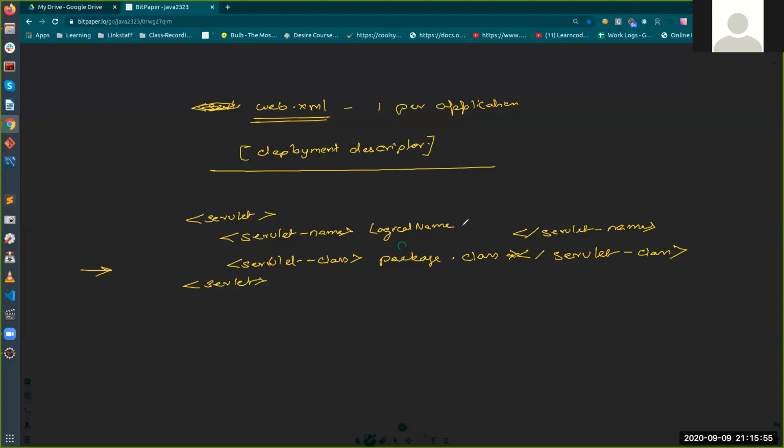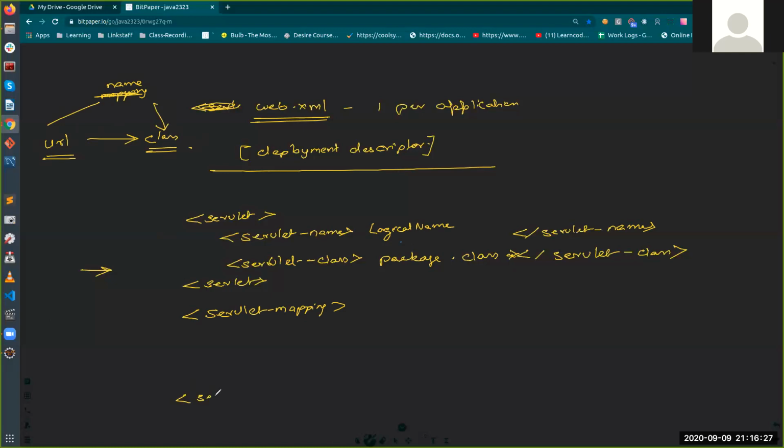Okay. Now, where are we going to mention this servlet name? Very quickly, we'll write it over here. So we are going to give a mapping over here, right? As I said, your servlet will be mapped with a URL. So this URL will be called and a class will be invoked. So how is this URL mapped with this class? So URL will be mapped to a name, right? URL will be mapped to a name, and name will be mapped to a class. That is what we are going to do over here.